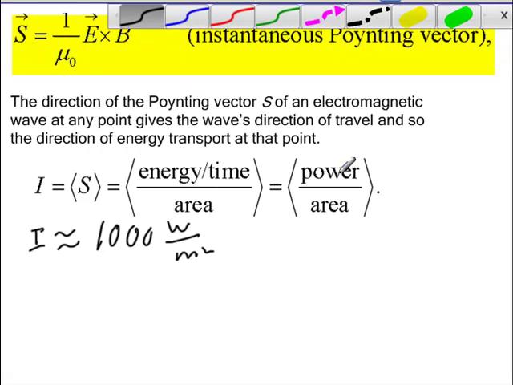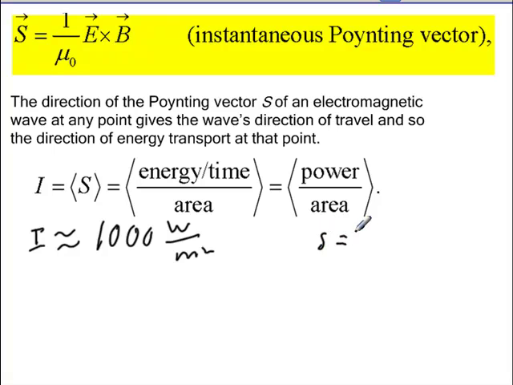We know that S, at least in magnitude, is 1 over mu naught c times the electric field squared. But now if we average that over time, this becomes the intensity, and this becomes the average of the electric field squared. Now I can solve for that electric field, and I find that,